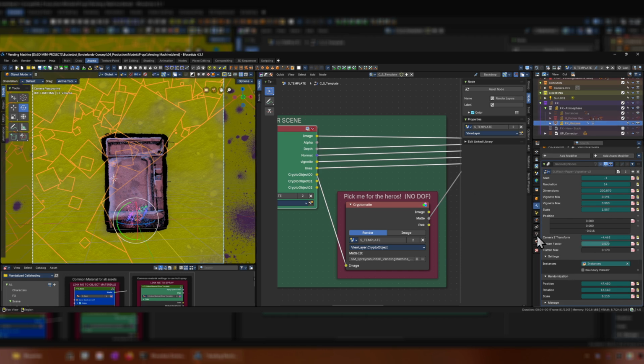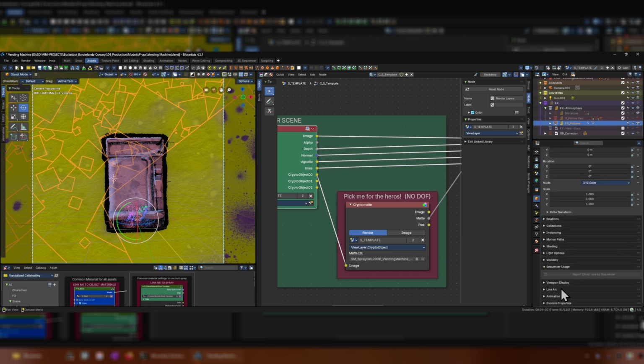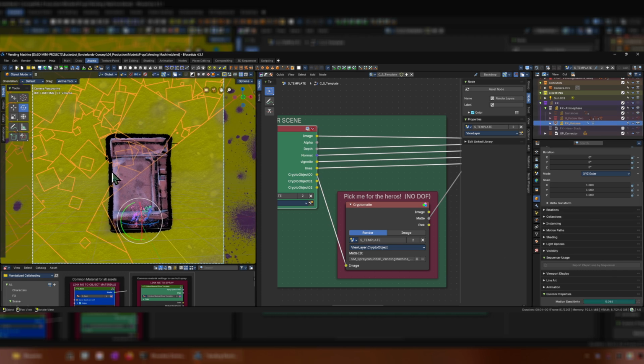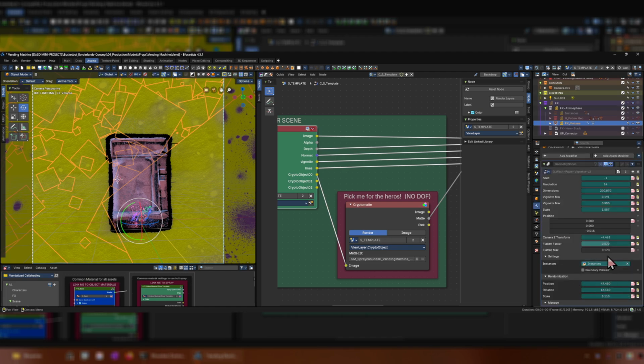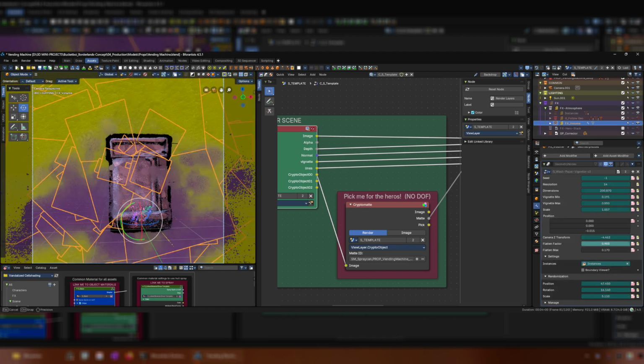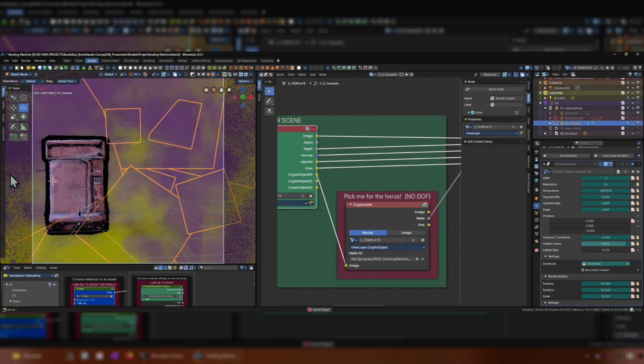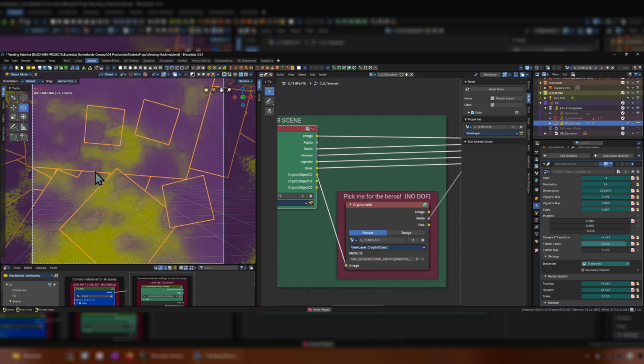This is done through custom properties of the volume object. Lower values make it more sensitive, higher values make it less sensitive. So let's make it super sensitive and flatten it out a little bit. And if we flatten it out, so it's more 2D like this, and press play, move the camera, you can start to see, whoops,